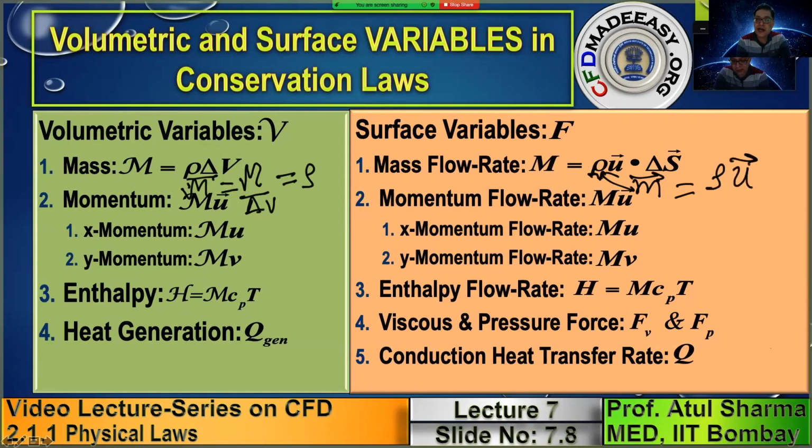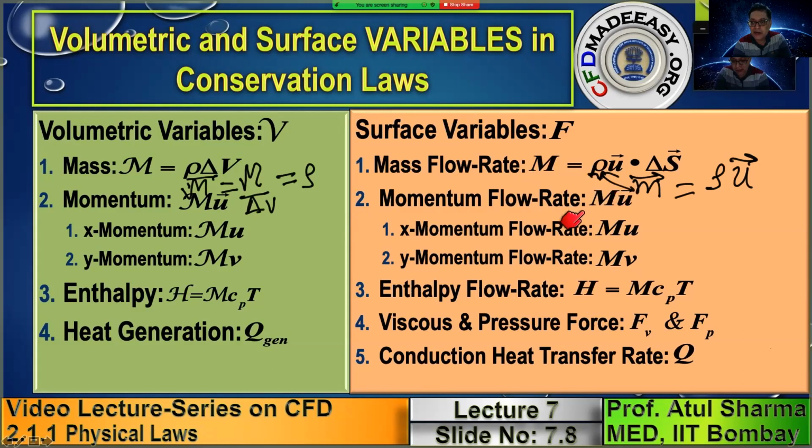In the next slide, I will show you the flux terms, which correspond to all these terms divided by the surface area, whereas I will also show you the volumetric terms, where all these terms are divided by the volume. When I divide by volume, this curly m will become curly m bar, which equals rho. Dividing this by volume will become rho u vector. This will be rho u, rho v, this will be rho cp T. Here, when I divide by the surface area, I am showing you the mass flux.